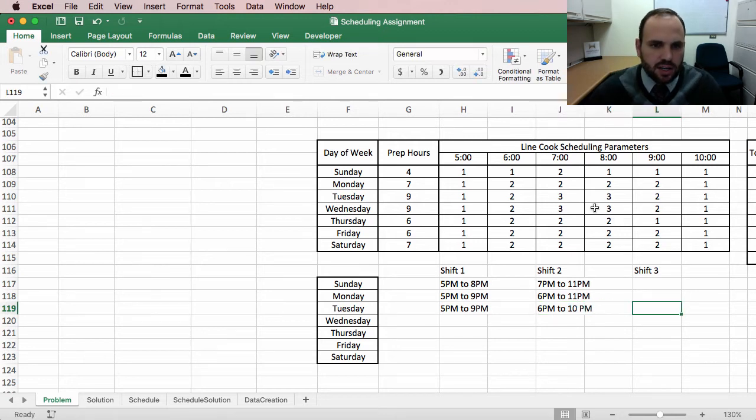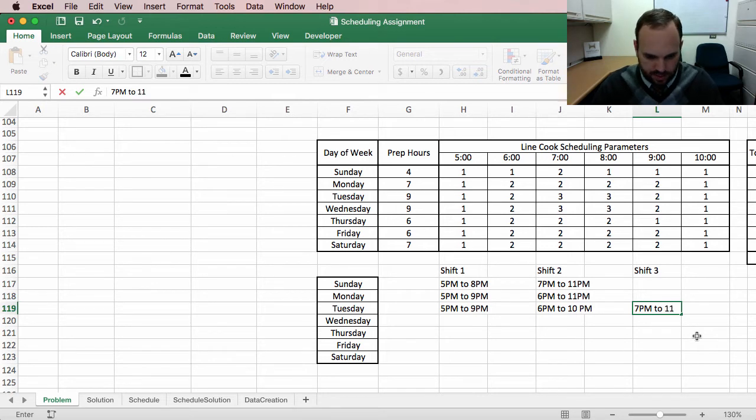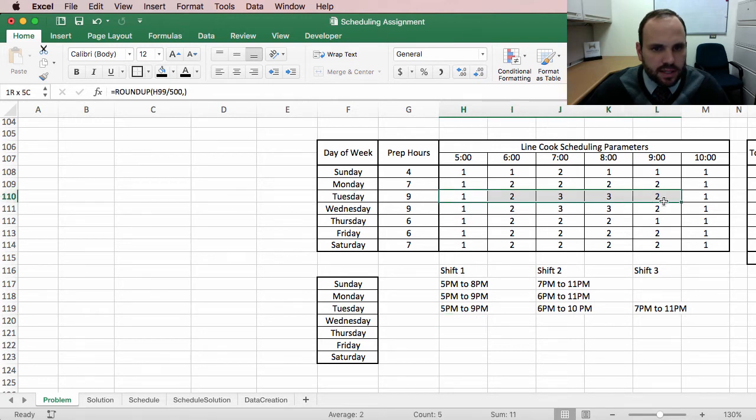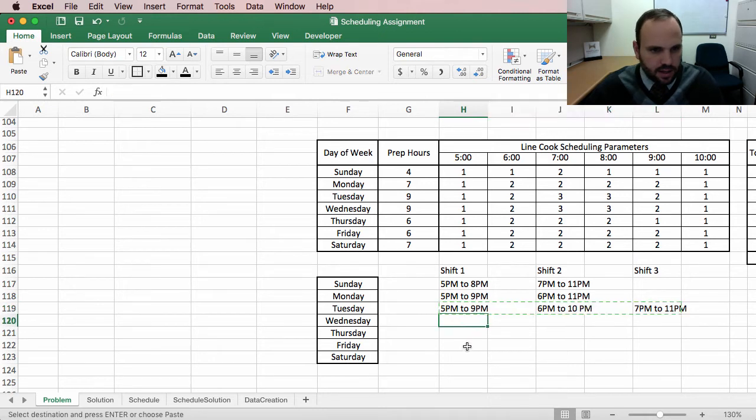Now I have this third shift. My third cook needs to be there by 7 o'clock p.m. Okay, and they stay all the way through close, so to 11 p.m. Okay, you'll notice that Tuesday is the exact same thing as Wednesday, so I can just copy this and paste